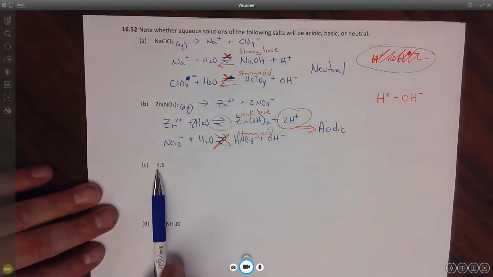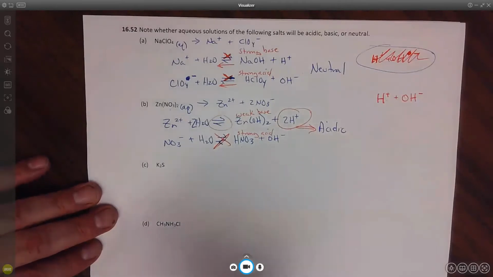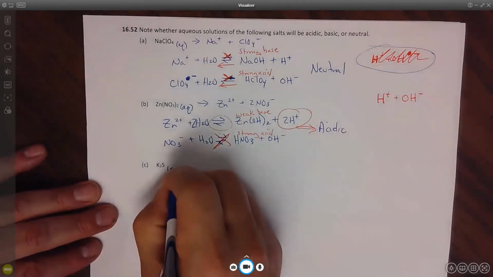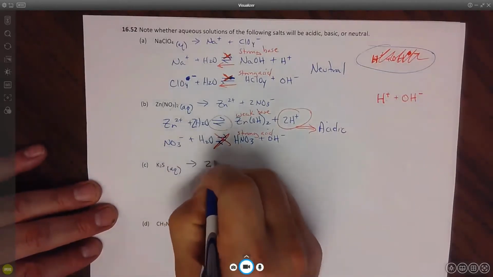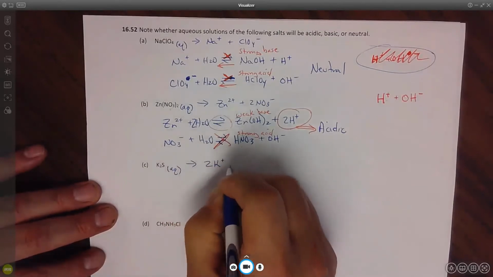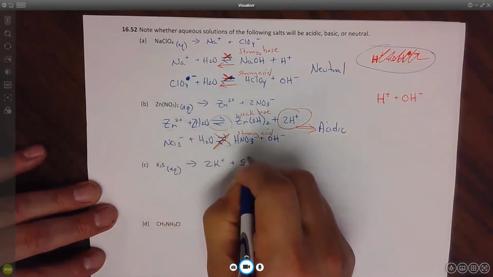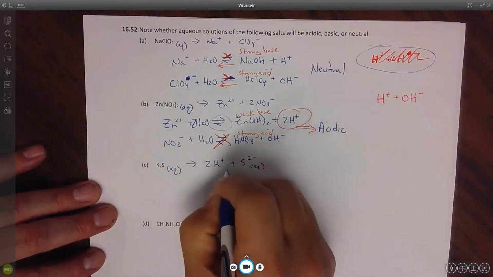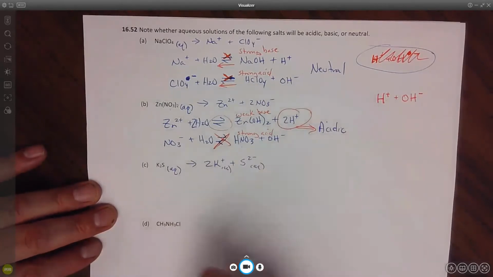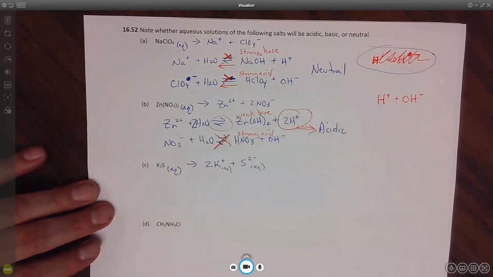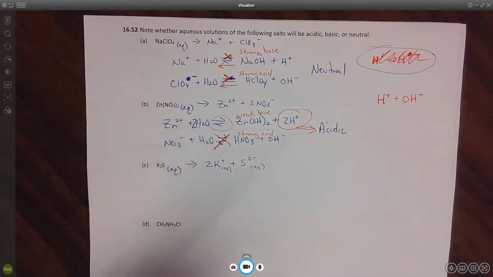According to rule number 1, with no exceptions, all group 1A metal salts and the ammonium, NH4 plus, are soluble without exception. That means this is a soluble salt and thus a strong electrolyte. So it's going to dissociate into its potassium ions and its sulfide ion. Then we have